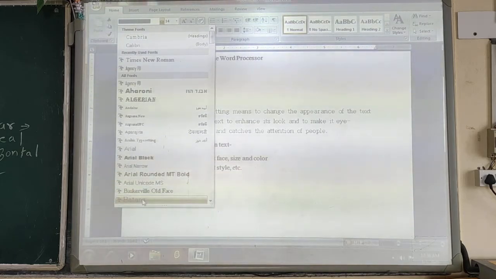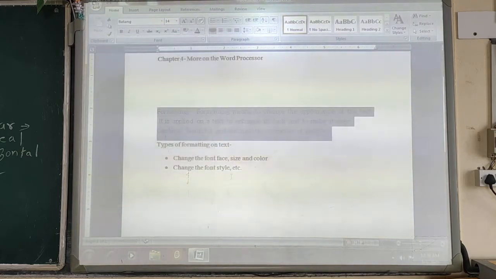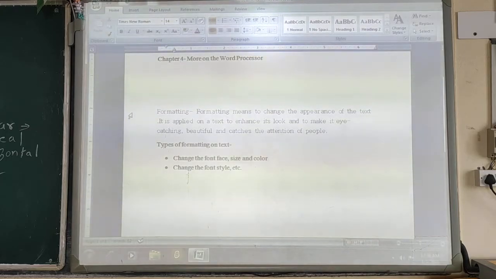You can use any font face which you want to apply on your document. As you have seen, we have changed the font face for this particular paragraph which you have selected.